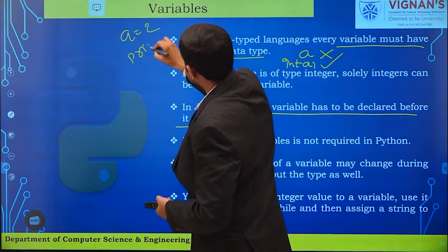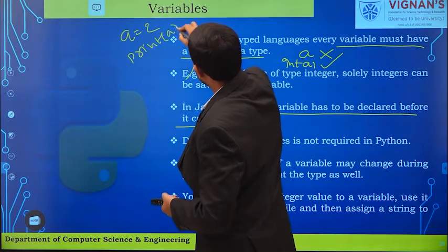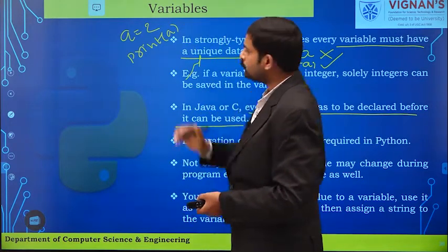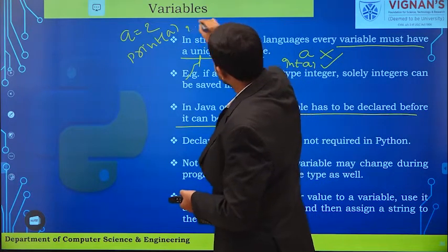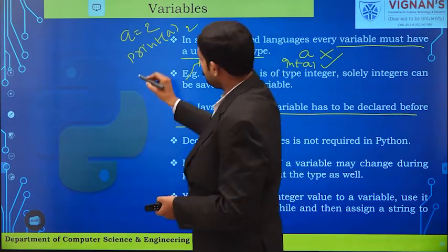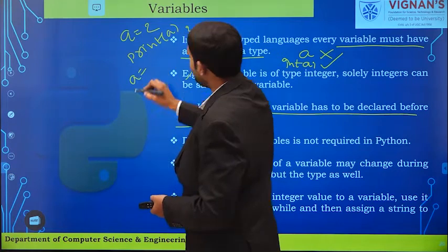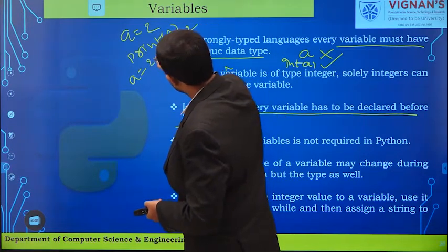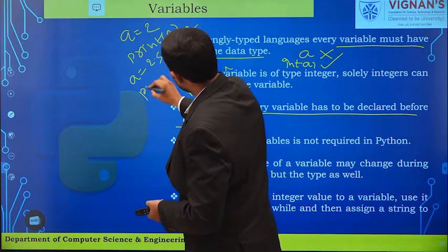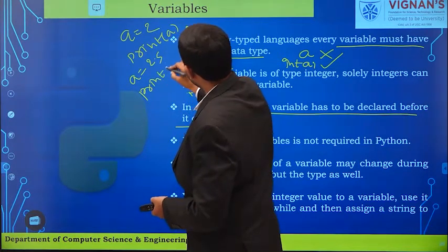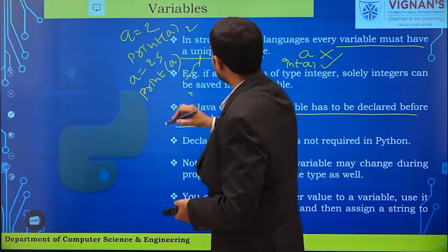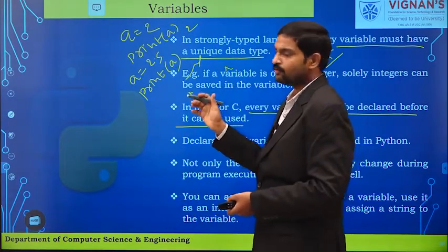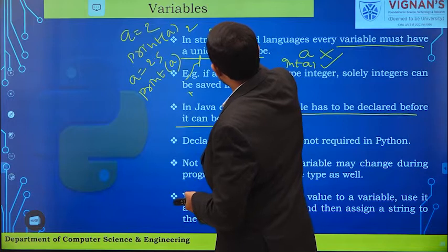Print a. So the output is 2. Suppose you use the variable a for a float, now also it will work. Print a. It prints the value as 2.5.